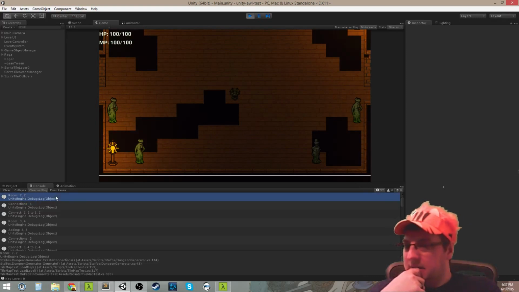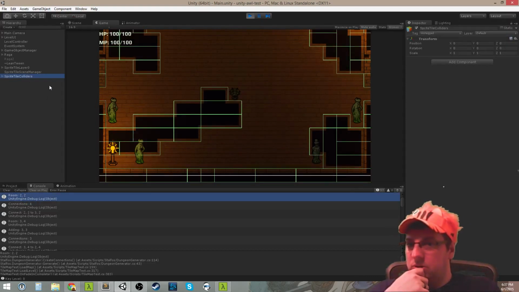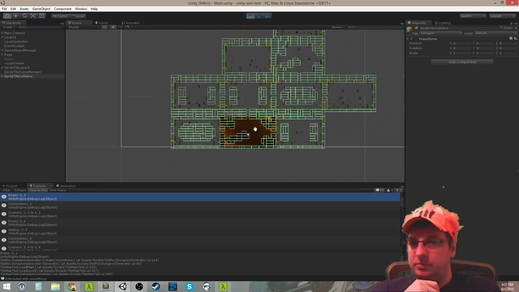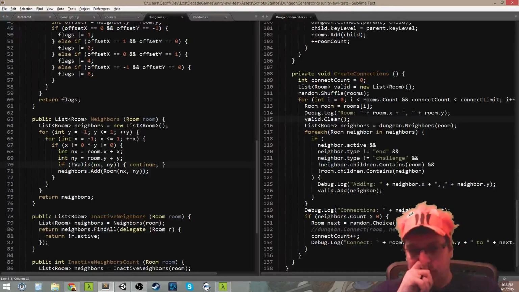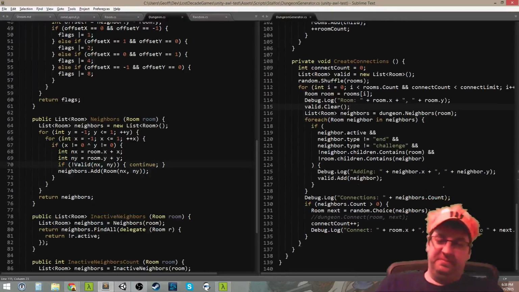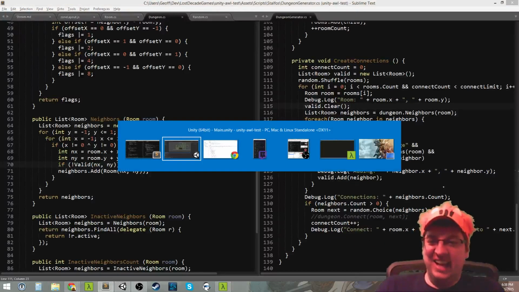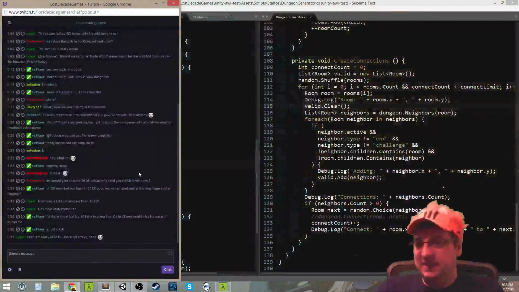See, that doesn't make any sense, right? It says we start at room 2-2, and it doesn't even add anything to the list, so how could there possibly be any neighbors? Oh, God. I'm so dumb. I wonder if chat's figured this out before I have. Let's see. Guess not yet, but